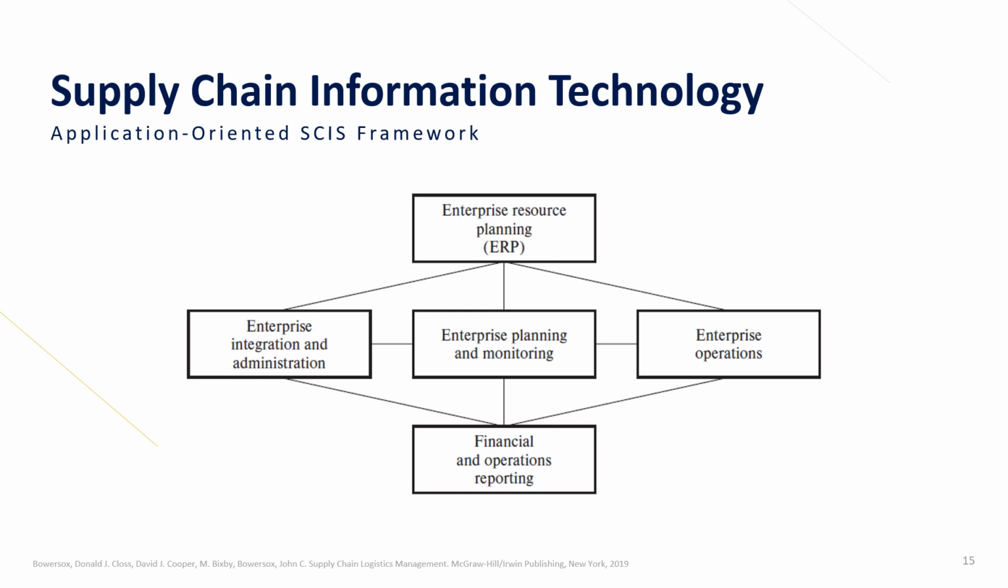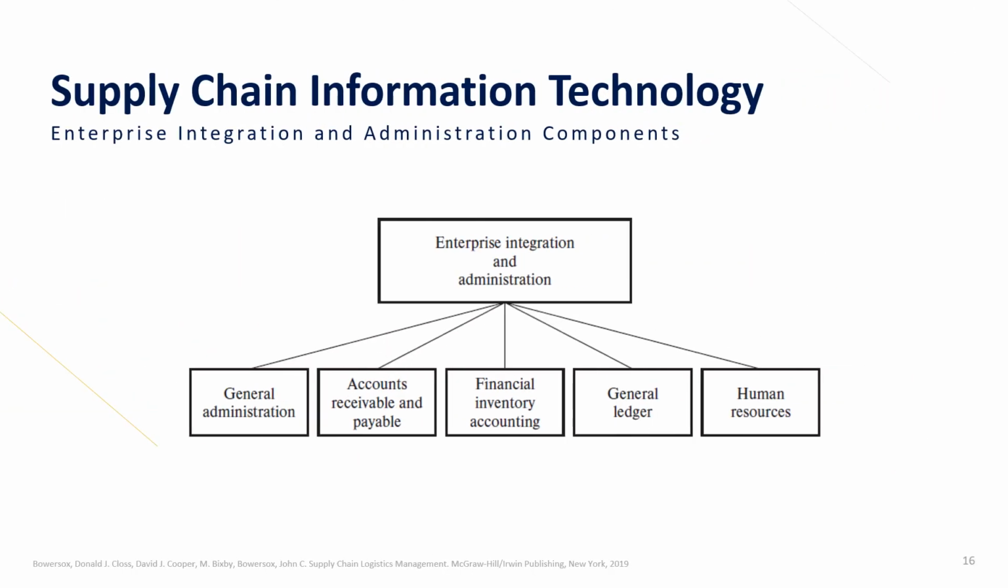It consists of 3 main functional systems, which help with the enterprise integration and administration, then help with the planning and monitoring, and also the operations itself. All of them will be connected with the financial and operations reporting. Actually, enterprise integration and administration are ERP modules that are not specifically designed for the supply chain operation. However, since supply chain operation does have substantial interaction with these ERP components,